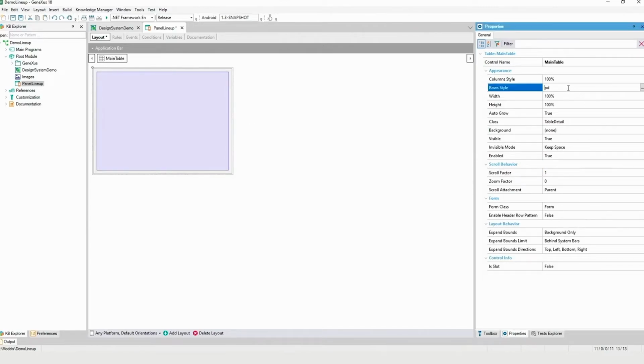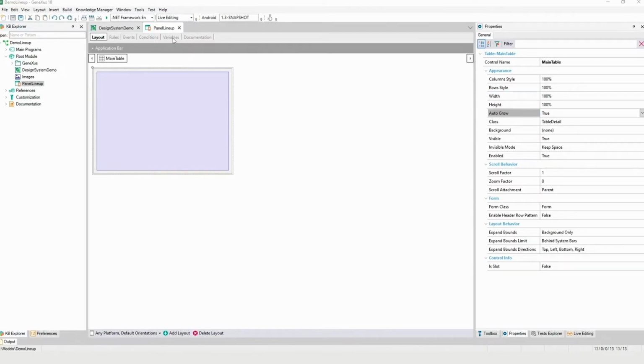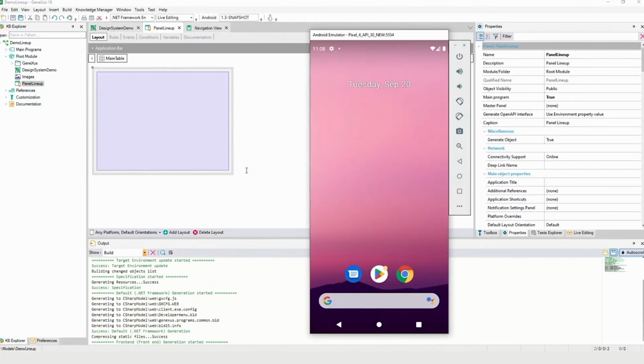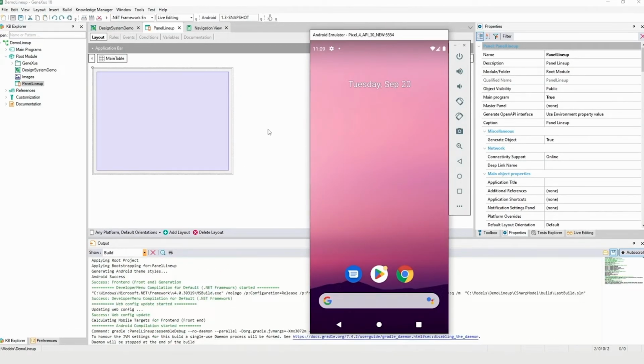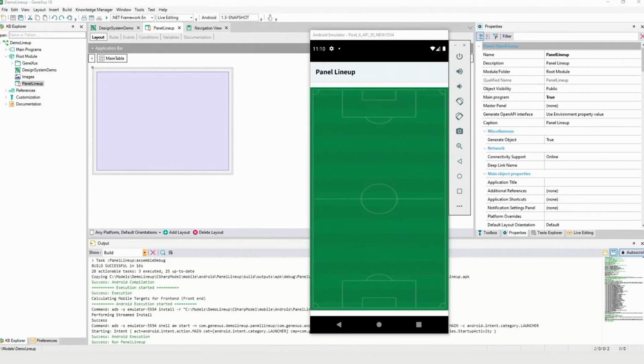Now we go to the main table, and row style should be 100% so that you see the field full on the phone screen. You save changes, you activate live editing, one of the pillars that we mentioned in the talk today, and we run the application. As you can see,